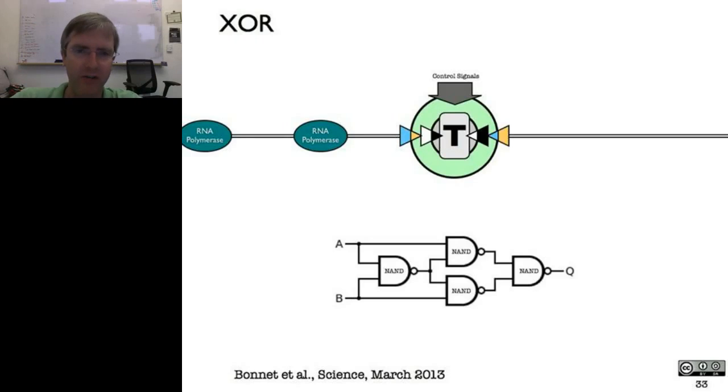So this is called an exclusive OR gate, where the output is high, transcription goes through only if the input signals are different. And I'm showing down below a schematic for how an electrical engineer would implement an XOR gate. It's actually quite complicated. You have to create a layer of 4 not AND gates. It turns out that in genetics,